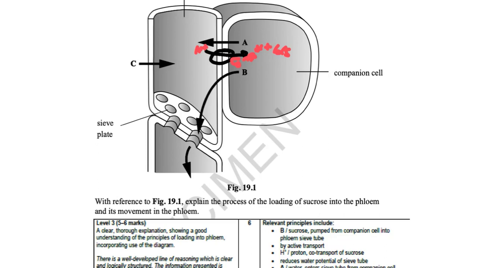Now those protons then move back down their concentration gradient, moving back into the sieve tube element, and as they do that, they move sucrose against its concentration gradient. So the gradient of the protons, which have been actively transported from here into here, requiring energy, those protons then flow out again through a co-transport pump, moving the sucrose to an area where it's more concentrated inside the sieve tube element. Now that movement of the sucrose creates a water potential gradient, so water moves by osmosis